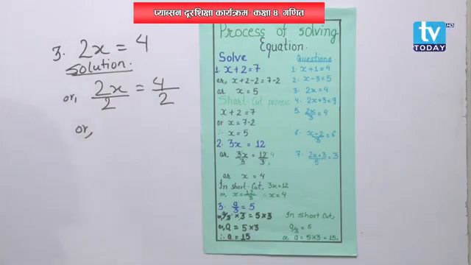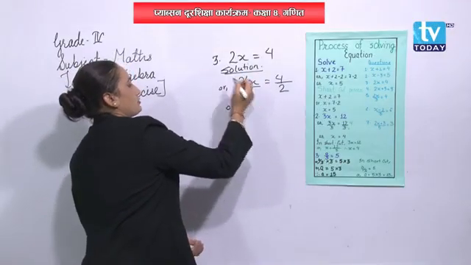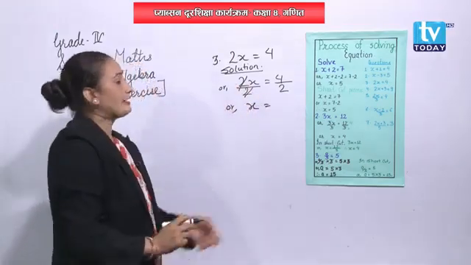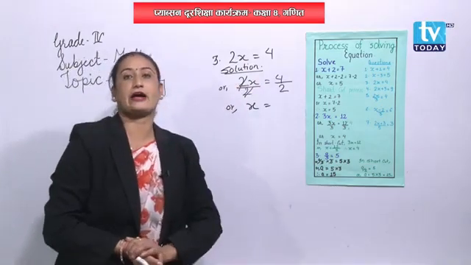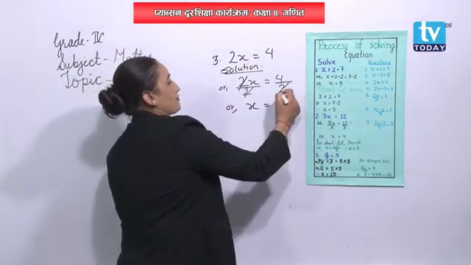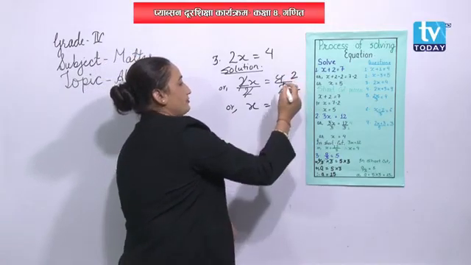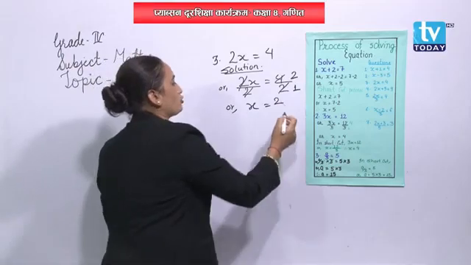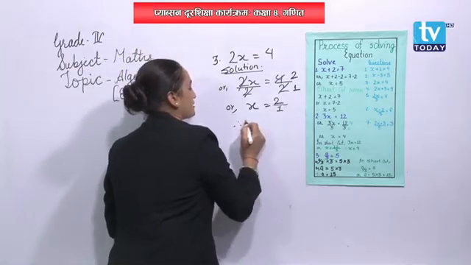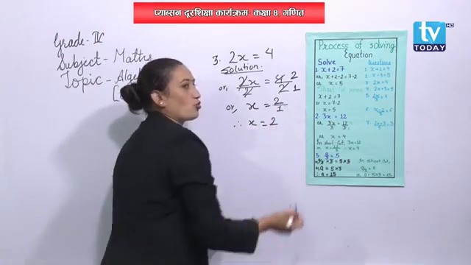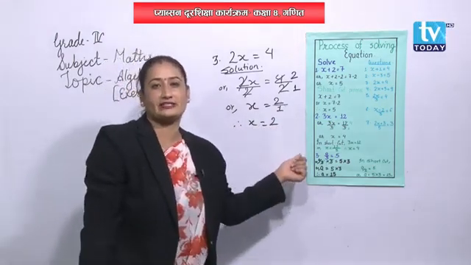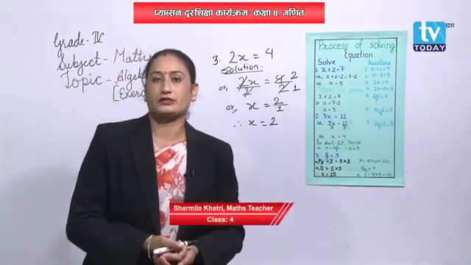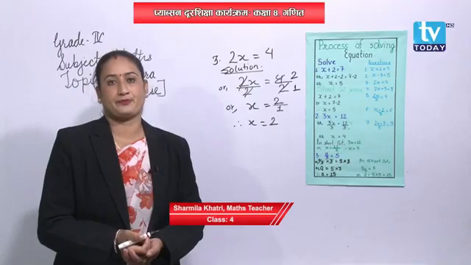Can we cut off the numbers? 2 times 1 is 2. 2 times 1 is 2. X is left over here. Right, students? Now over here, let's divide 4 by 2. So 2 times 1 is 2 and 2 times 2 is 4. Let's write here 2. So 2 by 1 is obviously 2. Okay, please don't get confused on these answers. If the denominator is 1, you don't need to write it. Okay, if there is a bigger number, then we have to write it. Okay, students, so this is your answer.